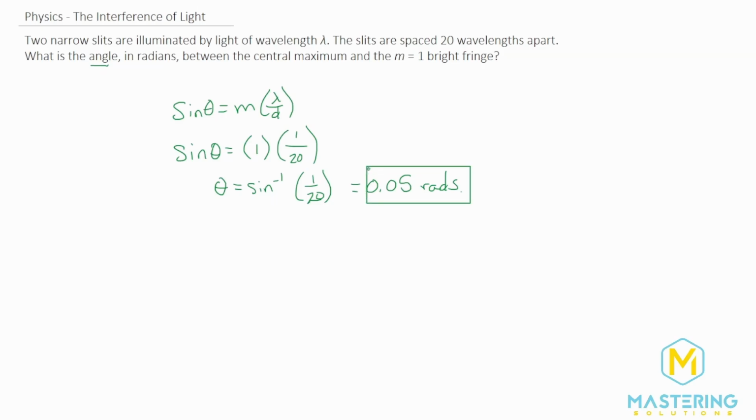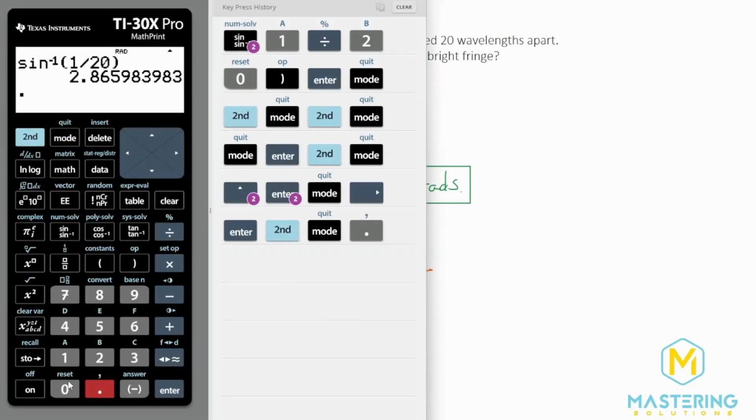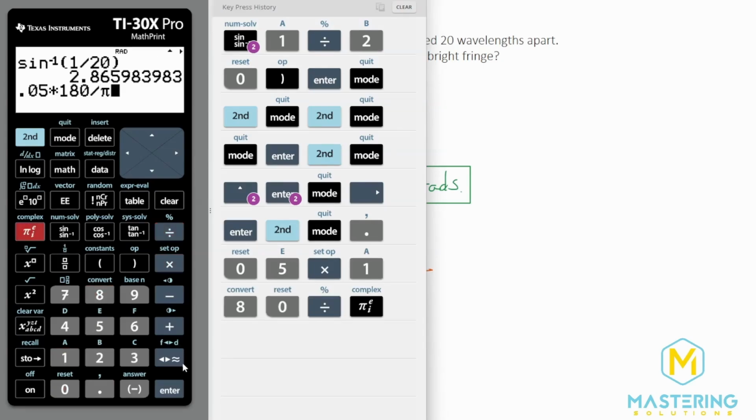But for practice, I do want to go over again how to convert radians into degrees, because it comes up quite a bit, and it is helpful to always take the practice to do that. We have 0.05 radians. We know that for every 180 degrees, we have pi radians. Now the rads are going to cancel, and so we have 0.05 times 180 divided by pi. And that gives us, of course, 3 degrees.